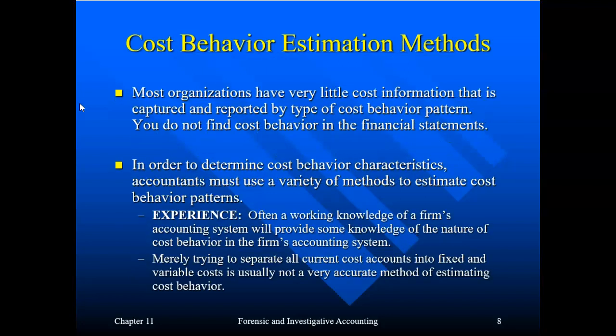Now, the trouble with trying to analyze a business to determine if they're pricing an item below average variable cost is that if you only look at their financial statements, you're not going to receive that information. Our typical income statement is not set up to show variable cost and fixed cost. It's set up to show cost of goods sold, and then all your operating costs, and then some other income items, losses, and expenses. These are not set up as variable versus fixed. It's awful hard to find. So you have to step back and get into the company's numbers to try to figure out what costs are variable, what are fixed, and which ones are mixed.